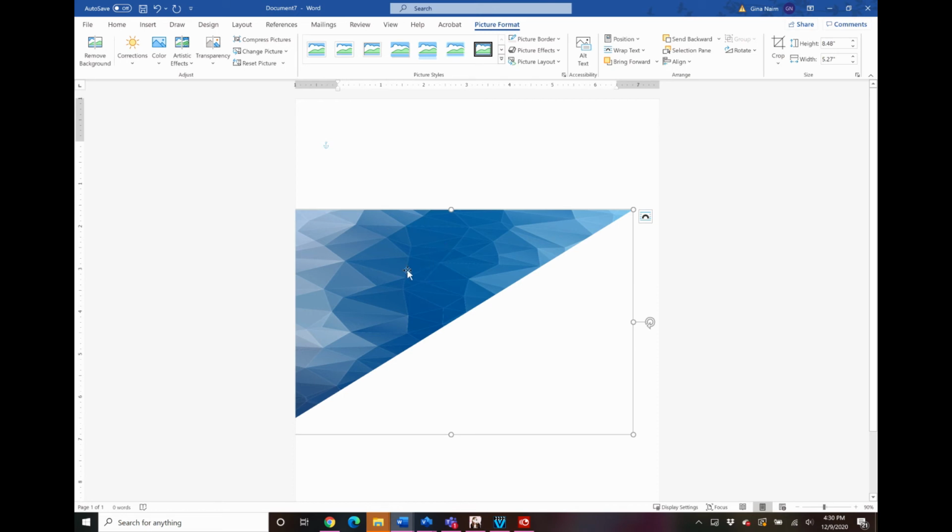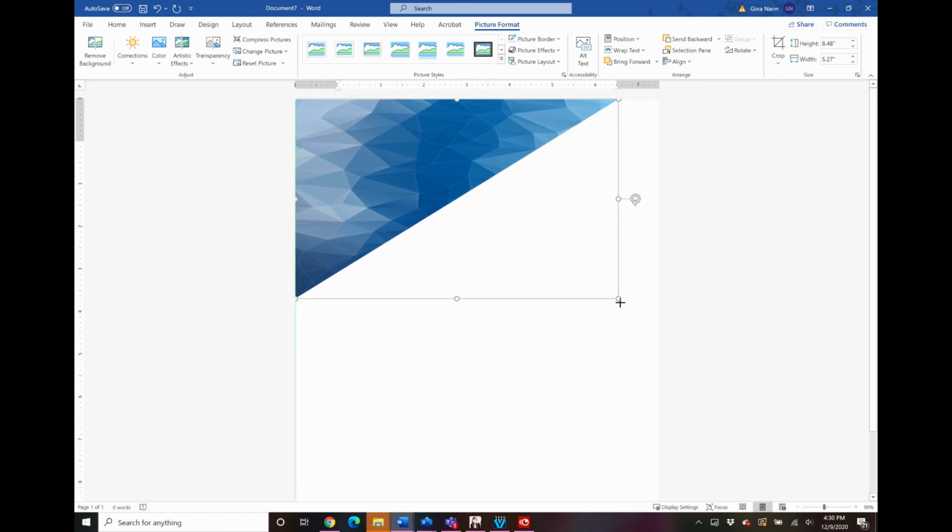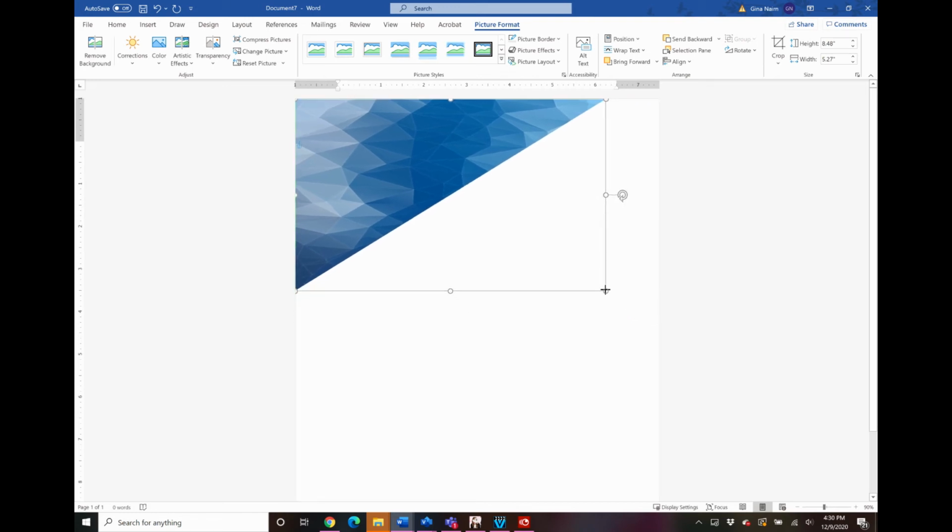And then I'm going to move it up to the top left corner. Depending on the graphic that you pull, you may need to play around with the size. And I don't think this needs to necessarily go across the whole page. So let's do that.